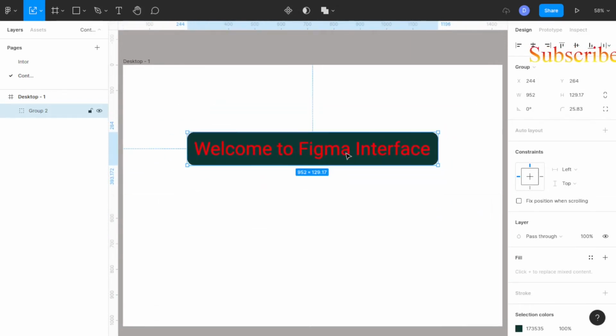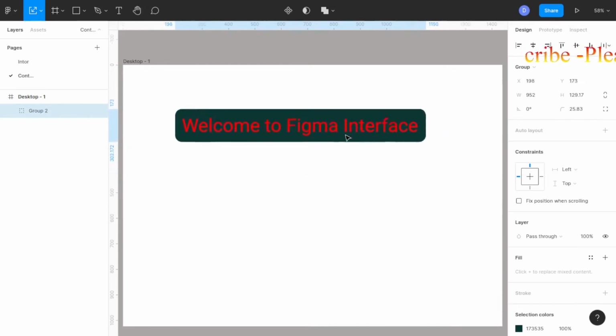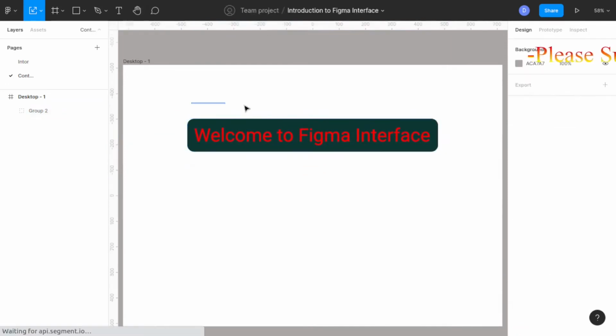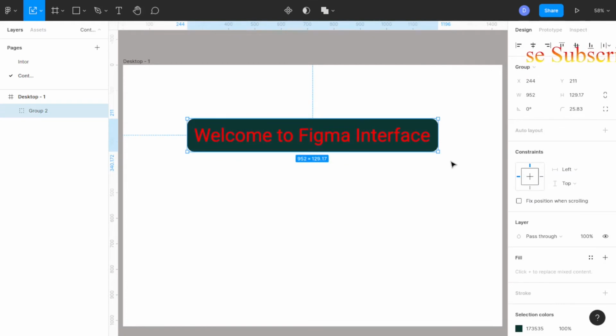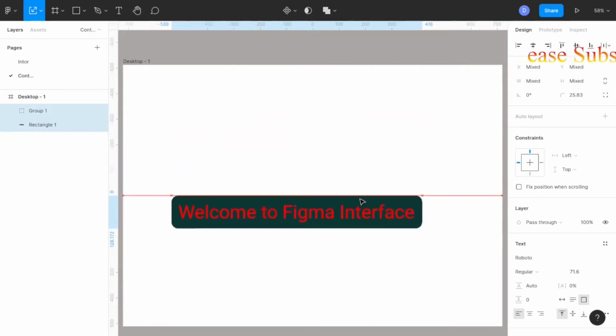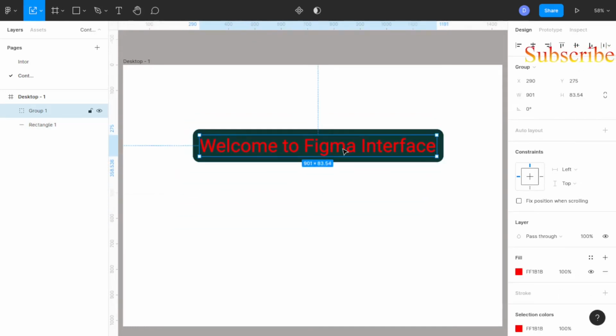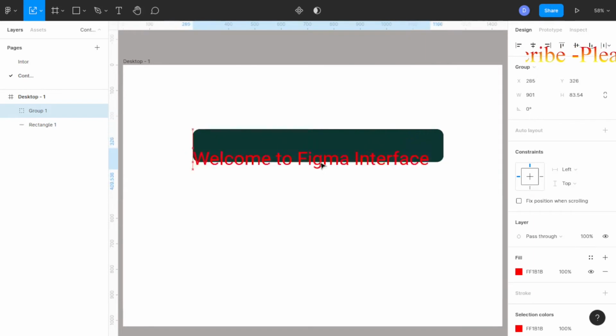But if you want to separate them again, you highlight them again, then press Control Shift G. Let me see, yeah, Control Shift G, I have separated